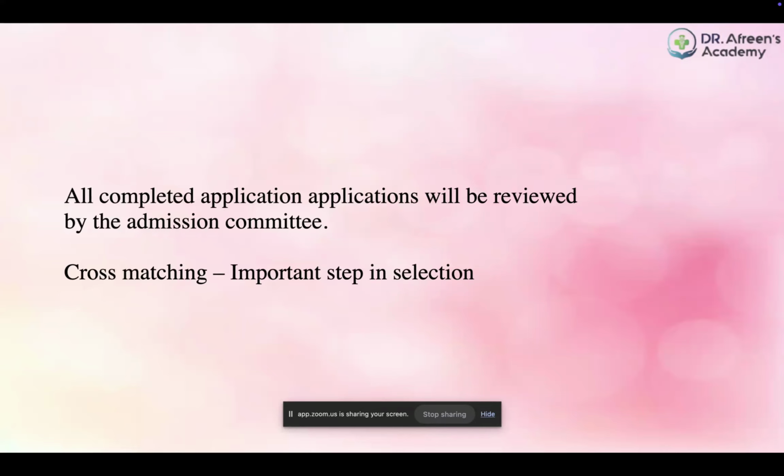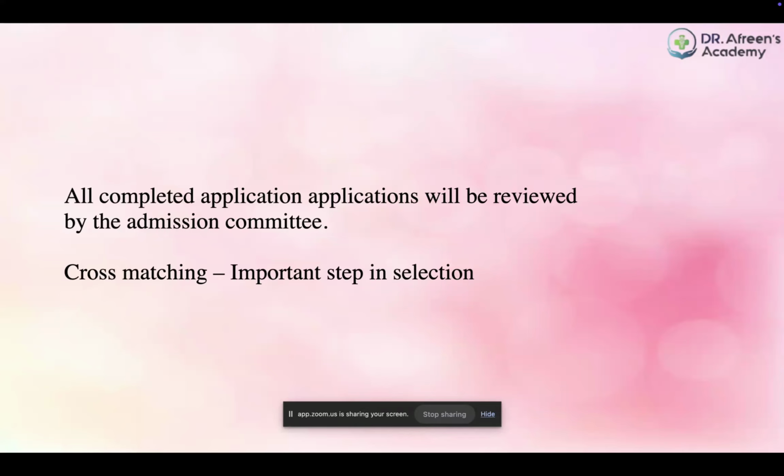So suppose one candidate has applied for two or three or four places: DHA, MBRU, EHS, and DOH. And apart from health authorities, he has even applied for different training facilities. You can even do that. I forgot to mention, you can even do that. Suppose in DHA, I showed you the list of hospitals, right? Al Jalila, Rashid, Latifa, and Hatta Hospital. You can apply to each hospital, and suppose you have been selected by, let's say, four to five places because of your good GPA and good portfolio and everything.